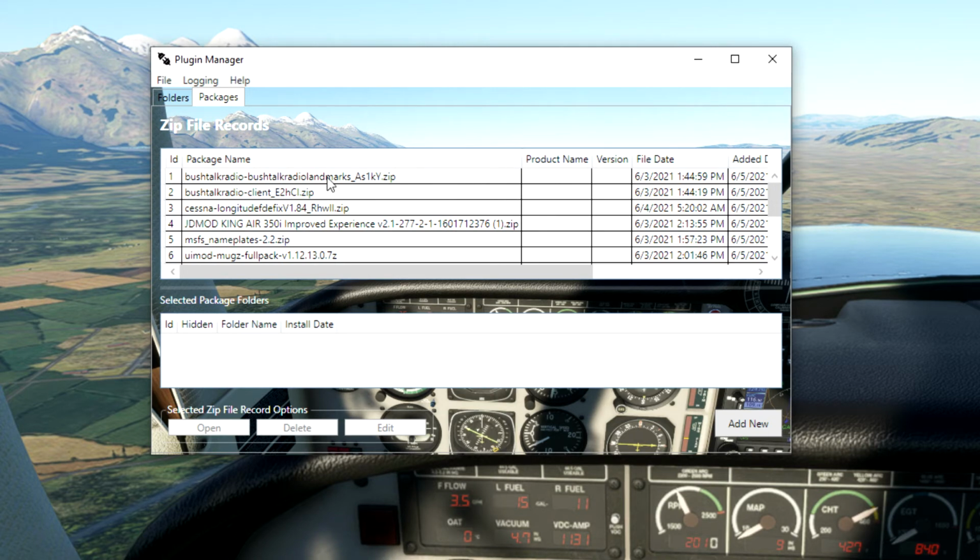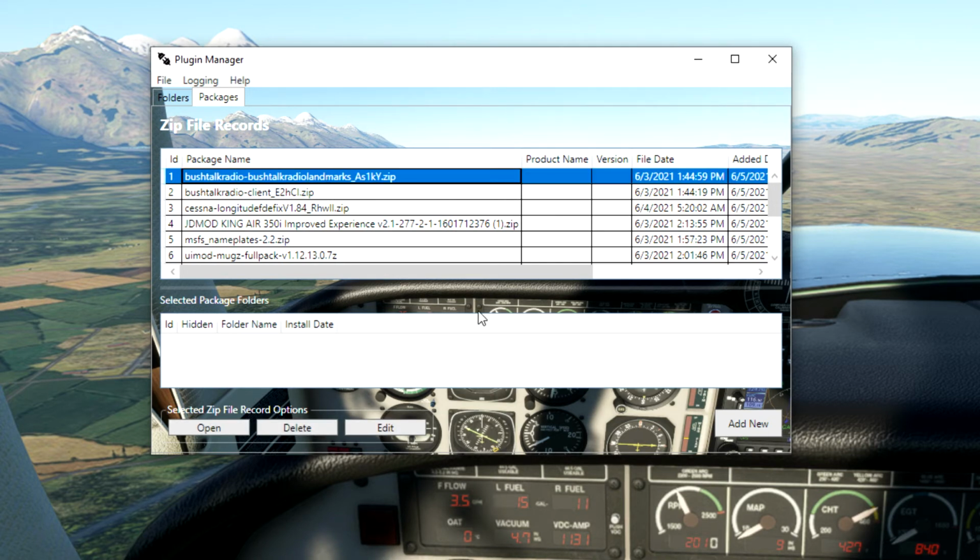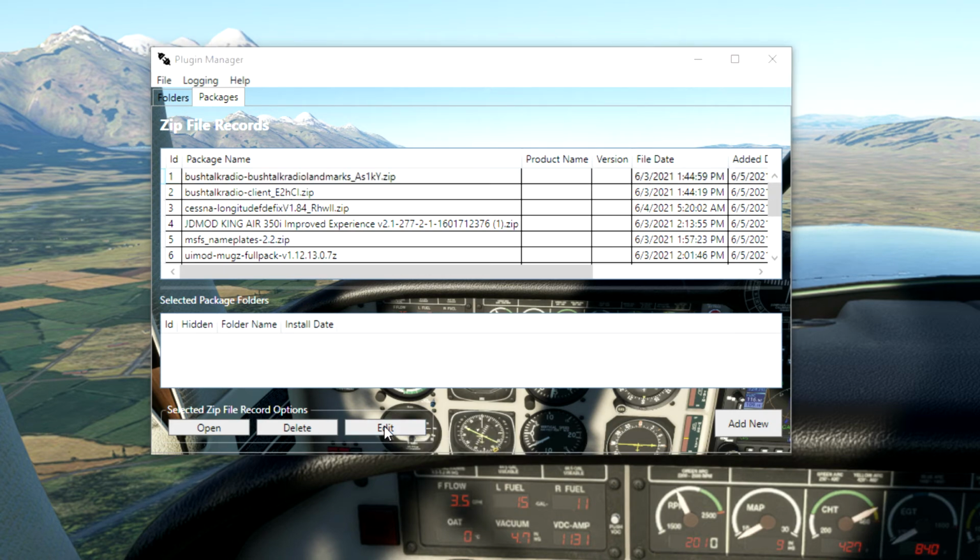And now what I want to do is go in here to each one of these zip files, and we'll click Edit,